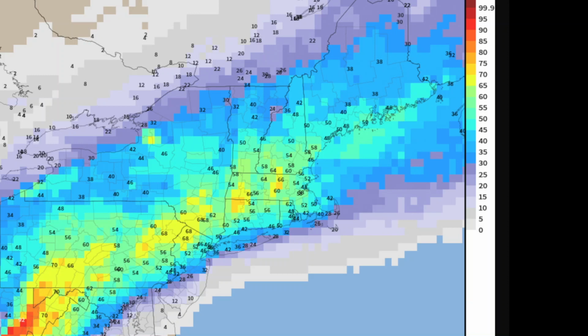But overall, this is showing the percentage likelihood of over 6 inches of snow. And you can see 50+% from far northwestern suburbs of Philly into central PA, the Appalachian Mountains, up to the Poconos and farther northeast from there. So for having over 700 days in Philadelphia with not even an inch of snow, this would be a big change from the norm for what we've experienced. This would be a great potential for the ski resorts to get some snow base, which they haven't had all year, outside of one system that quickly melted away. But also the other map is